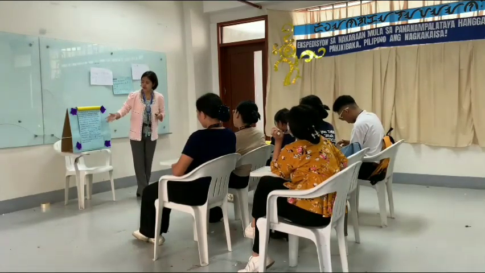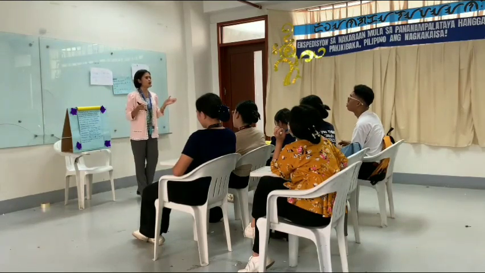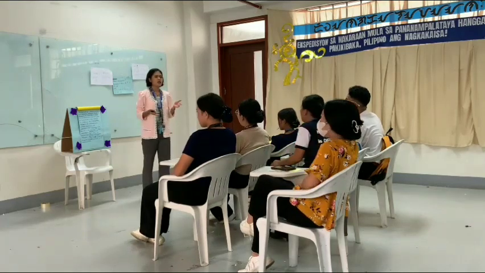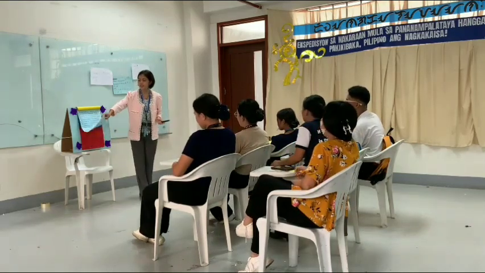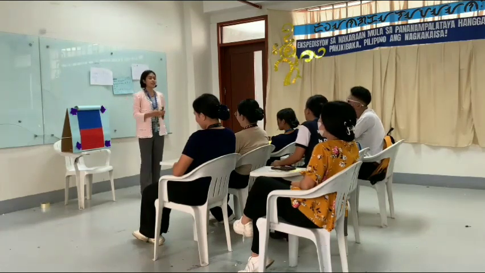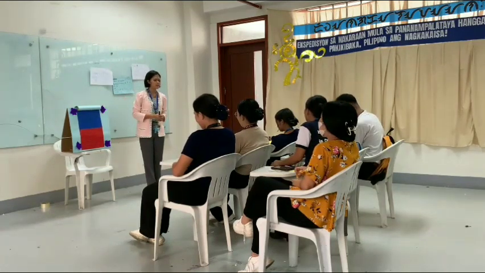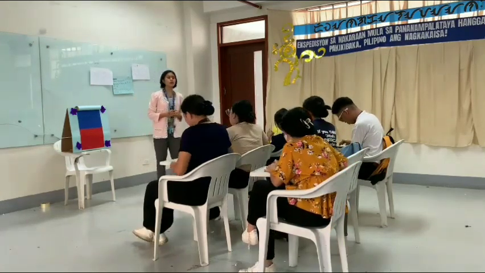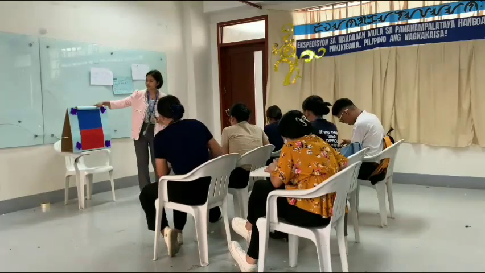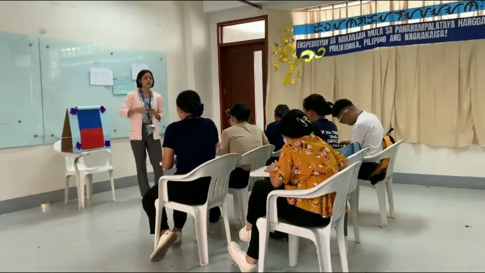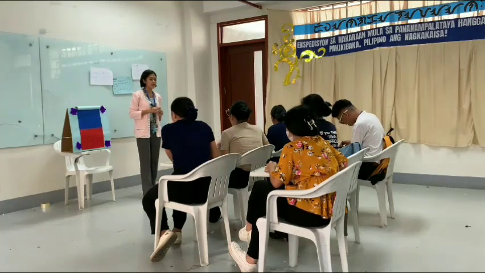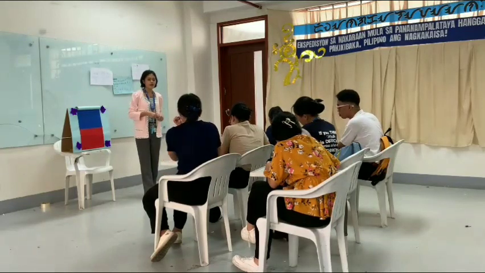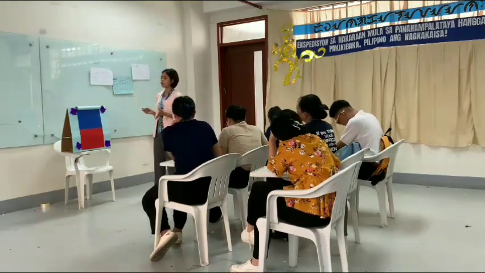So that is the end of our lesson. Do you have any questions, class? Clarification? In that case, we have to proceed to our graded activity, or individual activity. Kindly get one more sheet of paper and number it 1 to 5. You have 10 seconds. 10, 9, 8, 7, 6, 5, 4, 3, 2, 1.